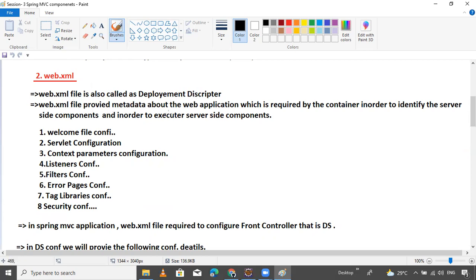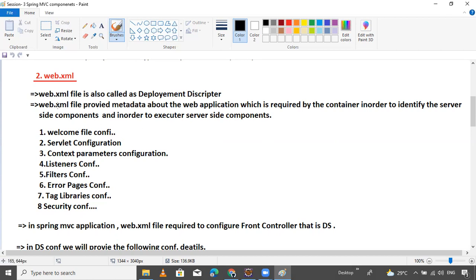The web.xml file provides the metadata about the web application. When you deploy the web application inside the server, the web.xml provides the metadata required by the container in order to identify the server-side components you are using.